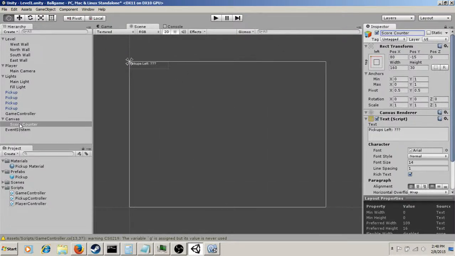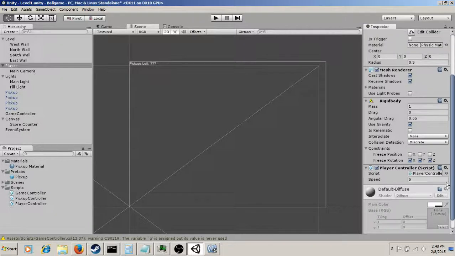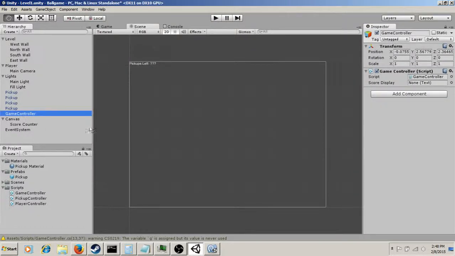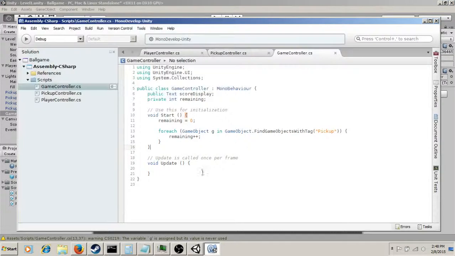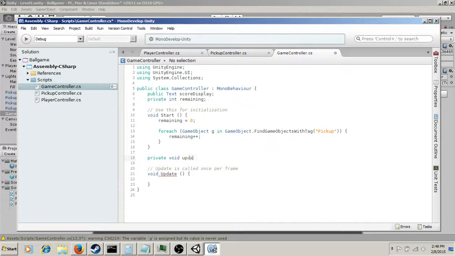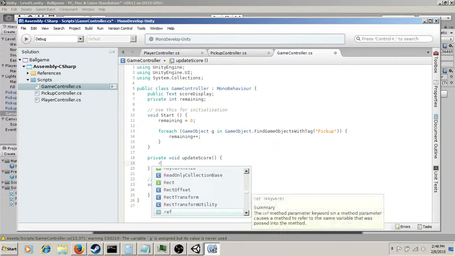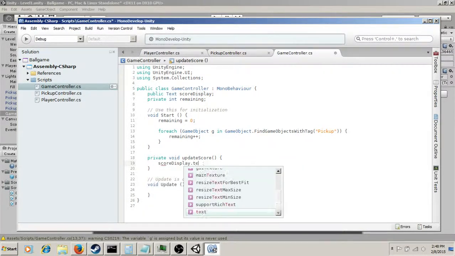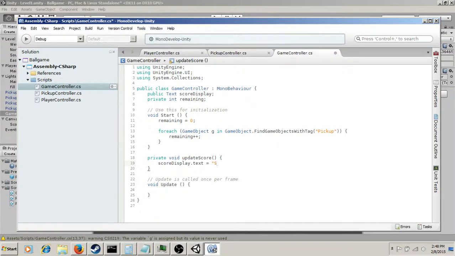Well, what we can say now is we go up to this player, or not the player, but the game controller, and we look under that script. We have a score display, and we can drag the score counter over here, and all of a sudden these guys are linked up. Let's write a private method real quick to update this, called UpdateScore. And what we'll say is score display dot text is equal to